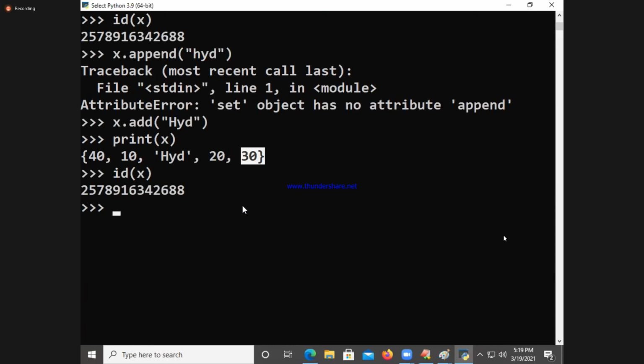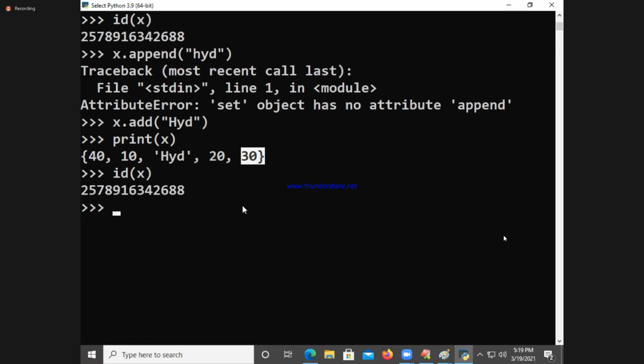On a list object, insertion order is maintained, so indexing and slicing are permitted, but on sets we cannot go for indexing and slicing. The reason is that it never maintains insertion order, so we cannot determine which element is available in which position.